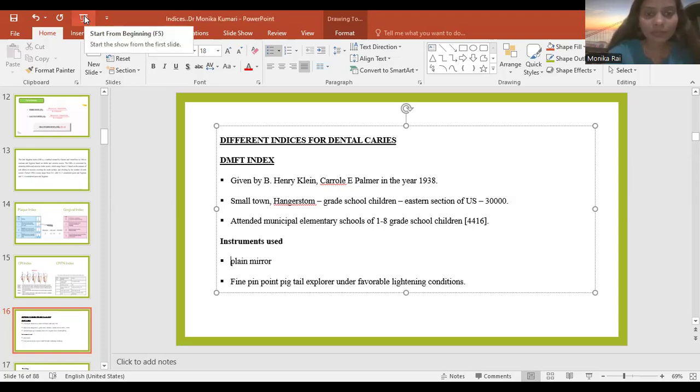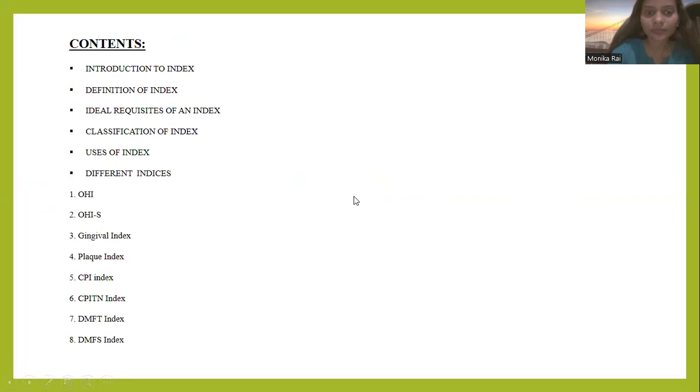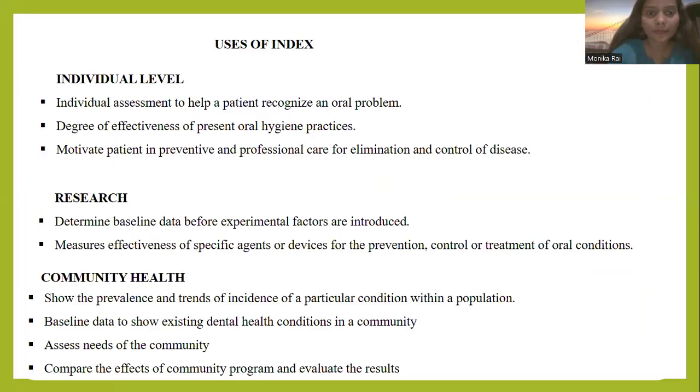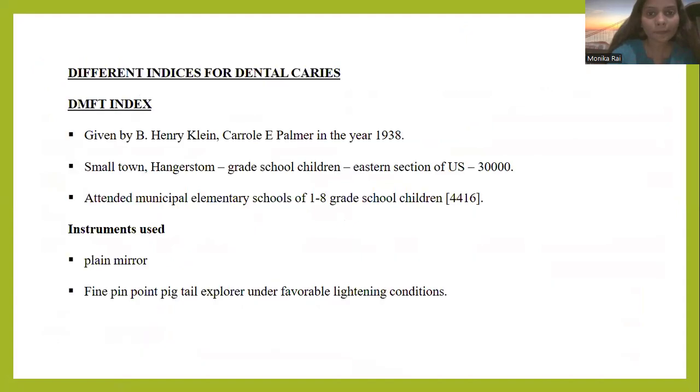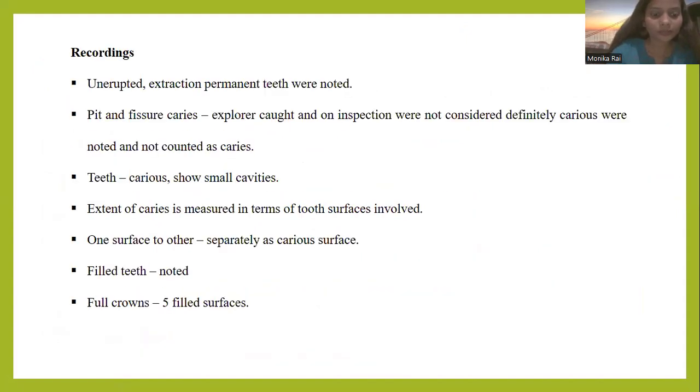So the DMFT means decayed, missing and filled teeth index, and it is a tool used to measure oral health. It's a common tool in dental epidemiology and is used to assess dental caries as well as the treatment needs. So in recordings, we use unfilled extraction permanent teeth were noted, pits and fissure caries, where the explorer caught on inspection